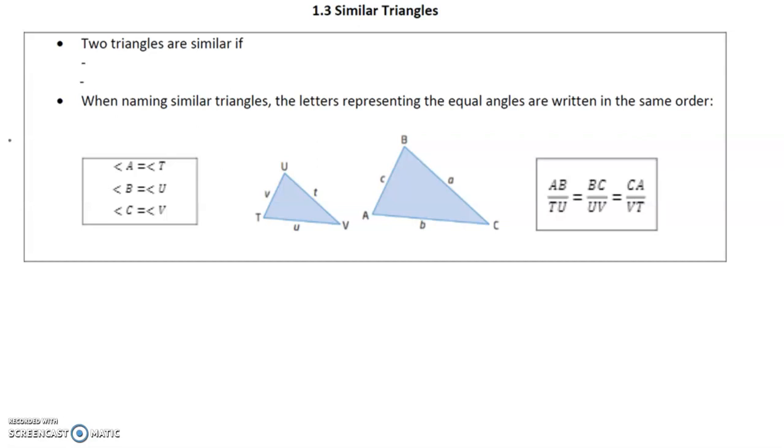1.3 Similar triangles. Two triangles are similar if one of two things happens. If all three angles are the same, in say, for example, triangle 1 versus triangle 2, we call this the AA, angle-angle theorem, because if we have two angles that are congruent, say, for example, U and B, and then T and A, then by default, because all three add up to 180, that third angle is also going to be congruent, or